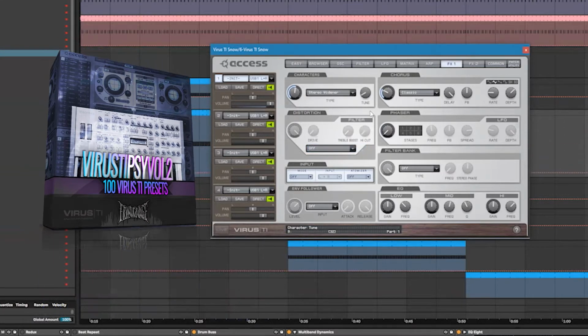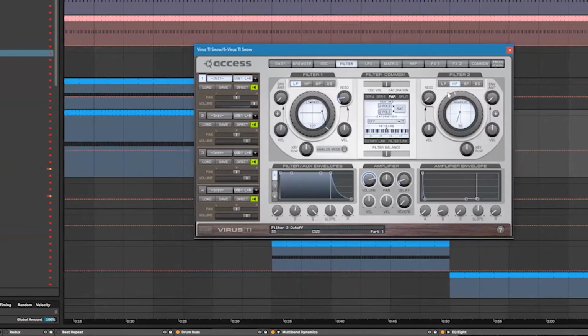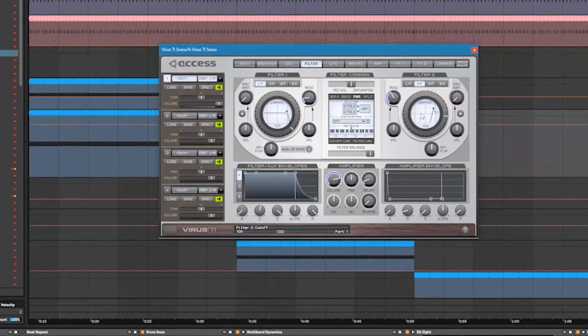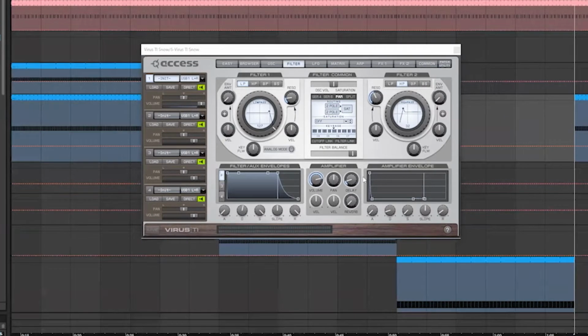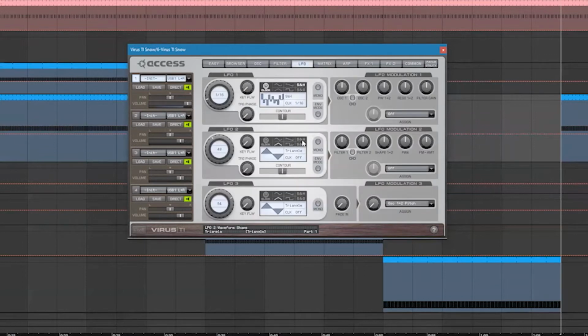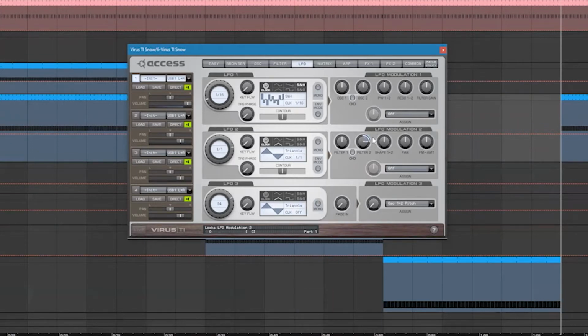Stereo widener thing. You can use these controls also here instead of going to the matrix. I don't know if